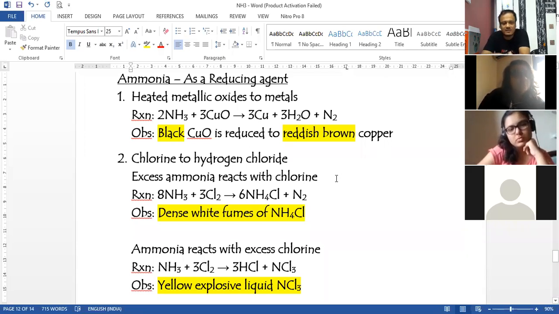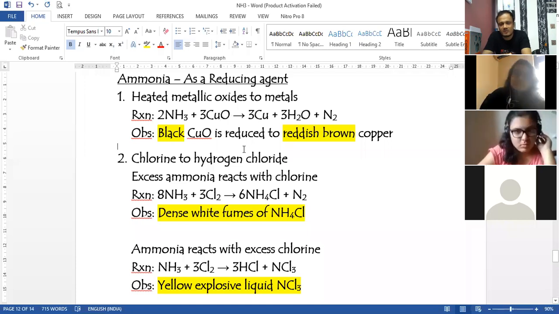In this chapter, we are studying oxidizing and reducing not in terms of electrons. We are studying with respect to hydrogen and oxygen over here. So basically the first reaction, that is metallic oxide to metal, is a case where ammonia acts as a reducing agent. Now a reducing agent is any substance which will go and remove oxygen from any other substance, or it will provide hydrogen to that substance. So a reducing agent is something which removes oxygen or provides hydrogen, thereby helping that particular substance to undergo reduction.